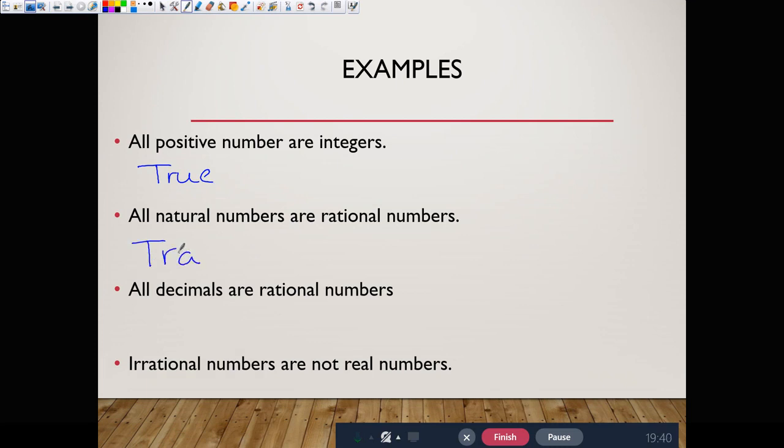I can't spell. All decimals are rational numbers. False. No, because remember we have some that go on forever and don't repeat. Irrational numbers are not real numbers. False. Irrational numbers are still real. They're just not rational. Okay, so